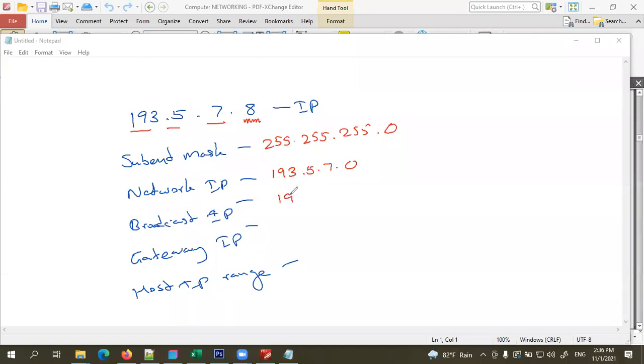Again, broadcast, the maximum one, 193.5.7.255. Gateway 193.5.7.1. Host range 7.2 to 7.254, right? So just looking at an IP address, you must be able to identify these details.